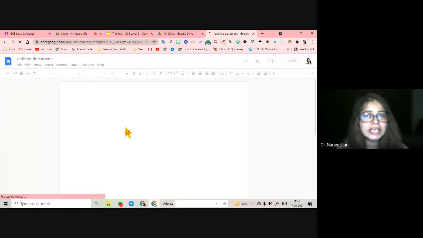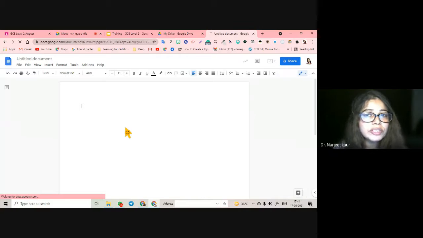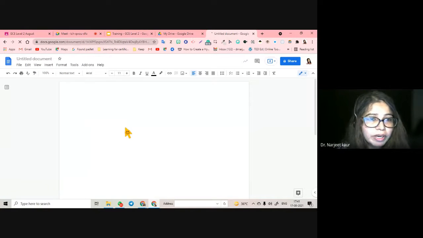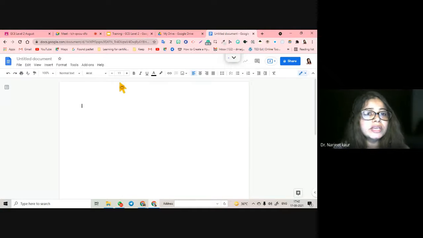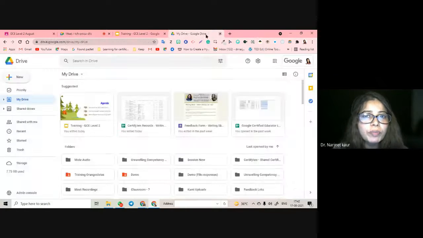These are the shortcuts. They are not going to test you on what you should write to open a document. But if they ask you to open a document, and there is a person who is monitoring all these things, right? These are the shortcuts which will help you in making your work quicker, because this exam, this advanced training, this advanced level 2, will have lots of questions, lots of subparts, and less time. Level 1 wasn't all that difficult, but level 2 is going to be a little difficult, so you have to manage your time as well, right? So this is how we open the documents from Drive.